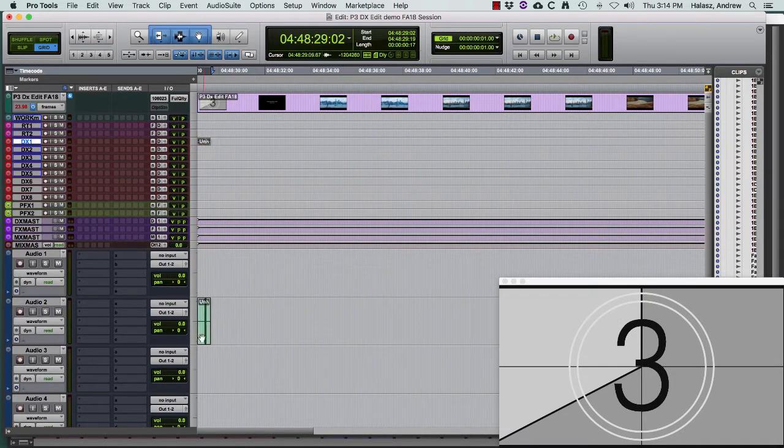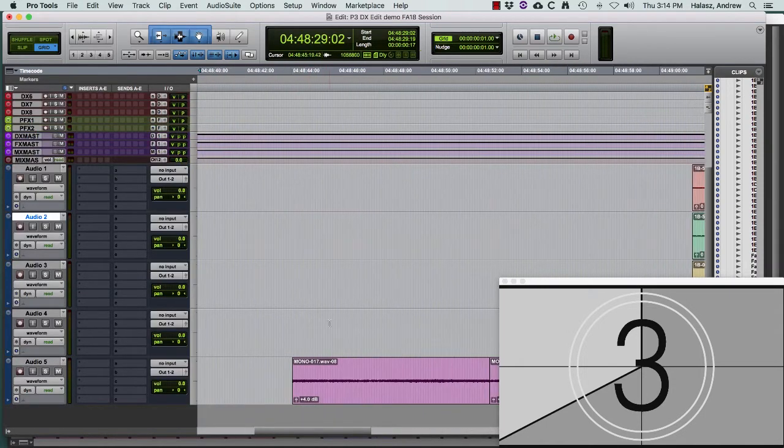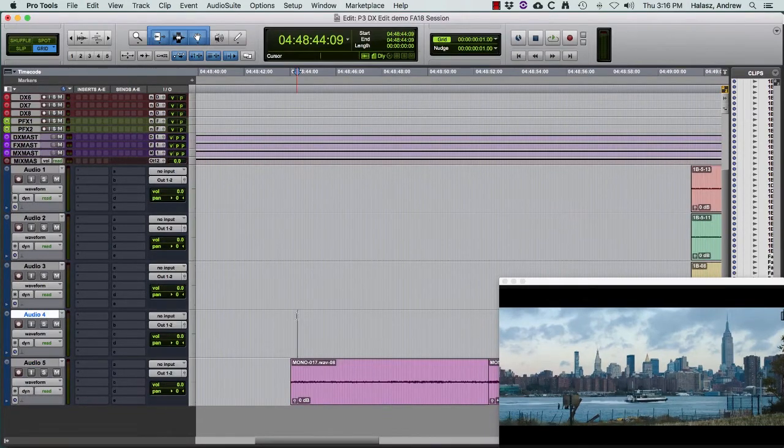Now what I do, just to sort of let myself know that I've worked with that clip already, is I select the clip in the OMF track and do Command M, which mutes it. Alright, so we'll just move along and we'll see what we have. So the first thing we seem to have